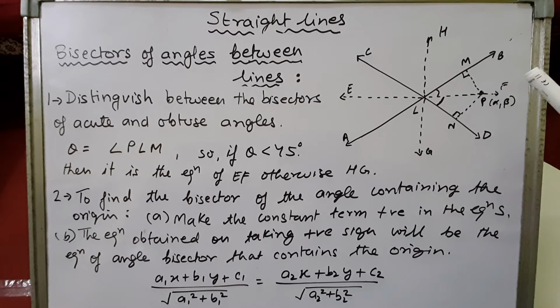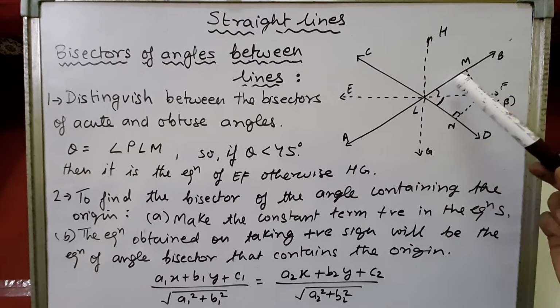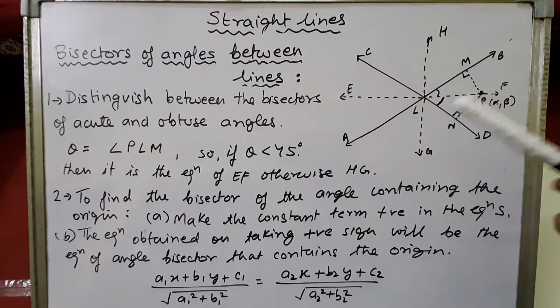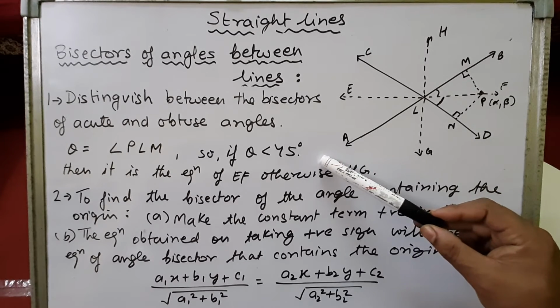We know how to find the angle between two lines. So we'll pick any equation of an angle bisector and any equation of the given lines, one equation of an angle bisector and one equation of a line, and we find the angle between those two equations. If the value of the angle is less than 45 degrees, then the equation of the angle bisector that we have picked is the equation of the acute angle bisector.